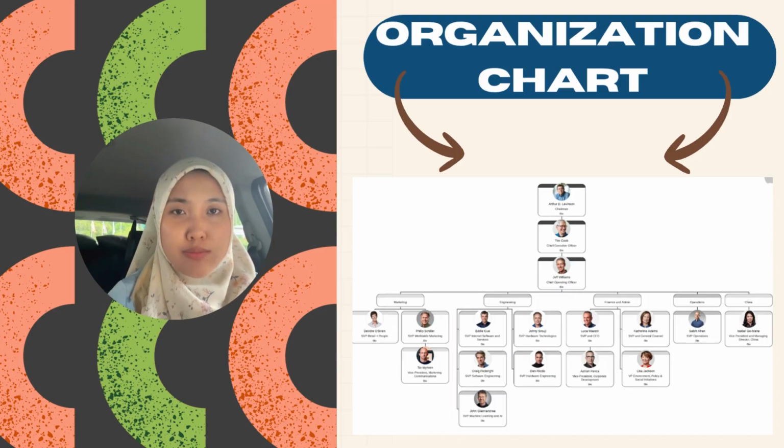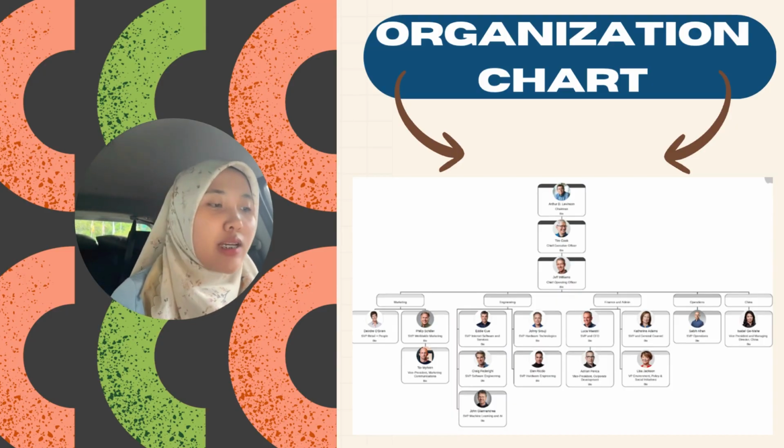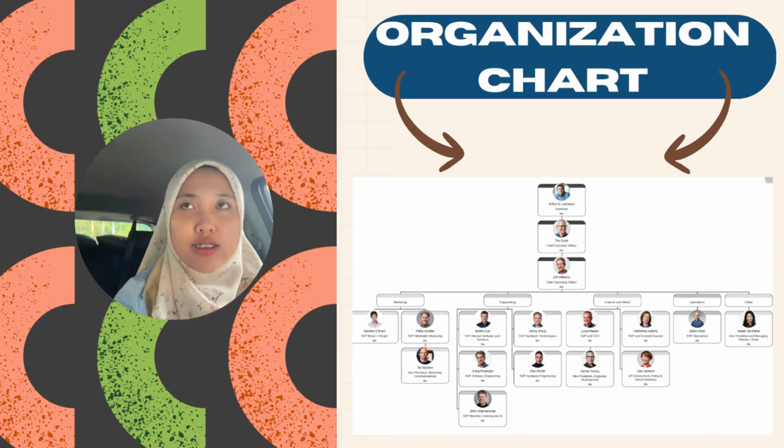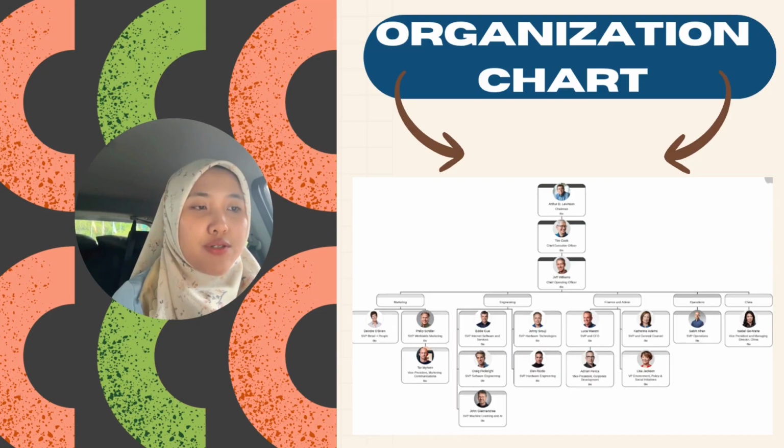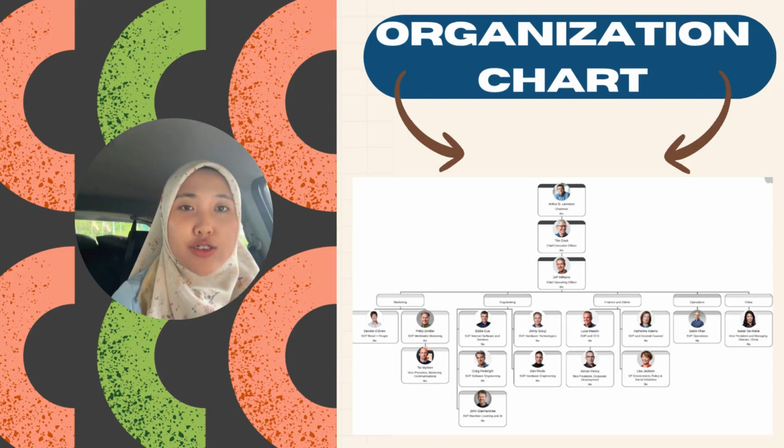Today I'm here to talk about the organization of the company Apple. The management level pyramid consists of 4 key layers: top level manager, middle manager, first line manager, and operational employee. This hierarchical structure is reflected in Apple's organization chart and shows how leadership and operation are distributed across the